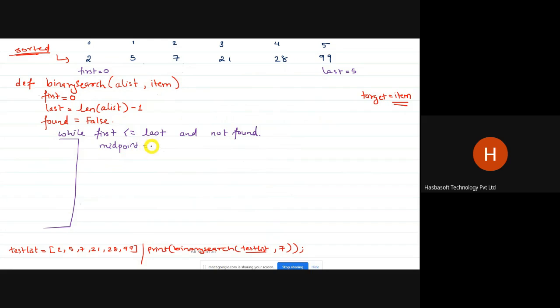Midpoint equal to first. What is the formula which I have used there? Did you remember? First plus last divided by 2. Okay, but here in computer, what will happen when you are going to do 0 plus